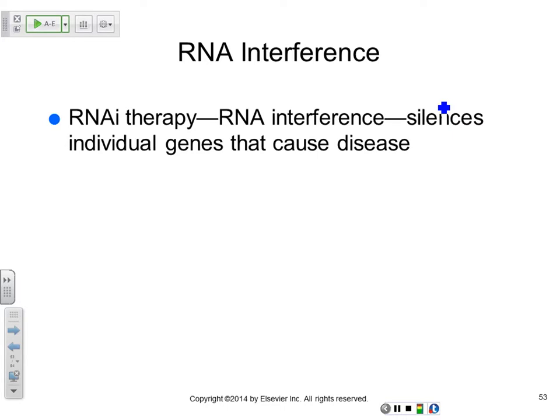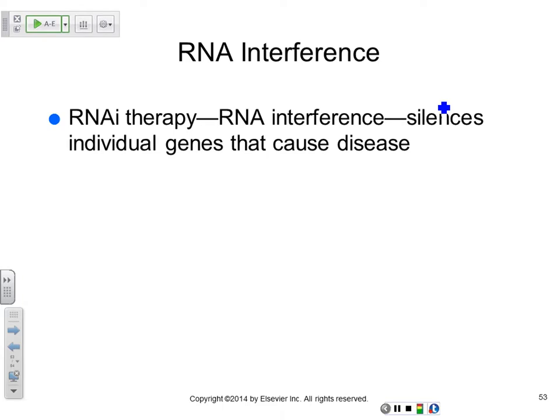The last and final gene therapy is RNA interference. This is a method of switching on and off problematic genes. Isn't that a neat way of doing it? You interfere with the RNA for whatever problem gene is coming out, the messenger RNA or something, you switch it off. And then it doesn't get transcribed into this abnormal protein that's going to cause the problem. So that's another neat way of doing it.